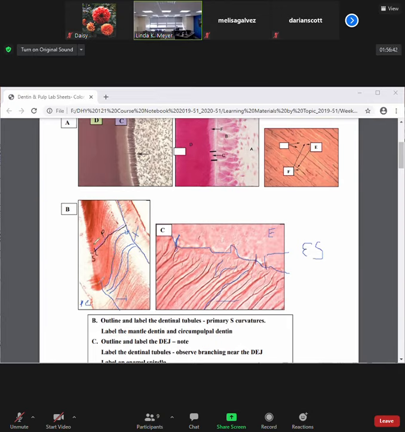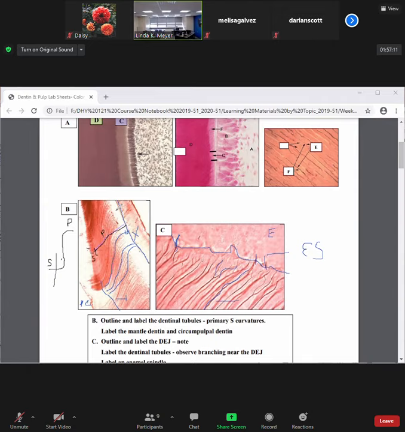So you can see the abrupt change in the tubules. You go from having this S, and then they go like this. They just change horizontally there. So this is the primary, and then this would be the secondary, and it's actually showing you regular secondary because that's a neat arrangement. The other thing the picture shows is mantle versus